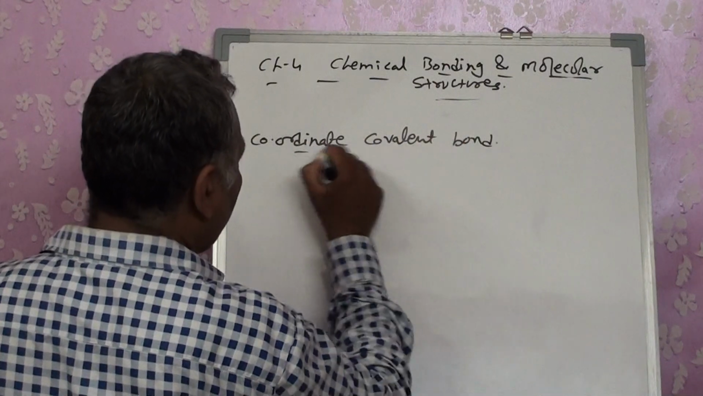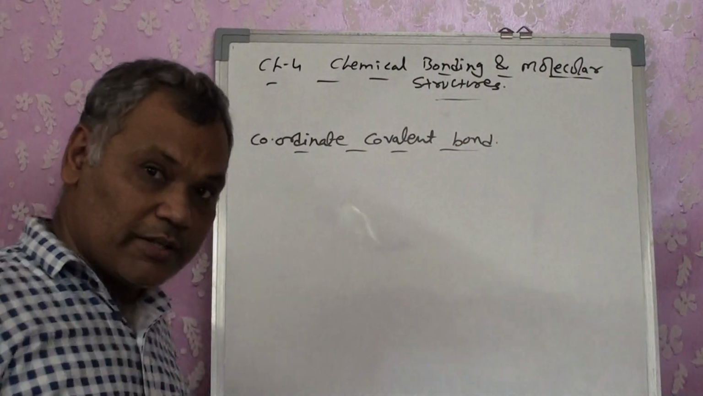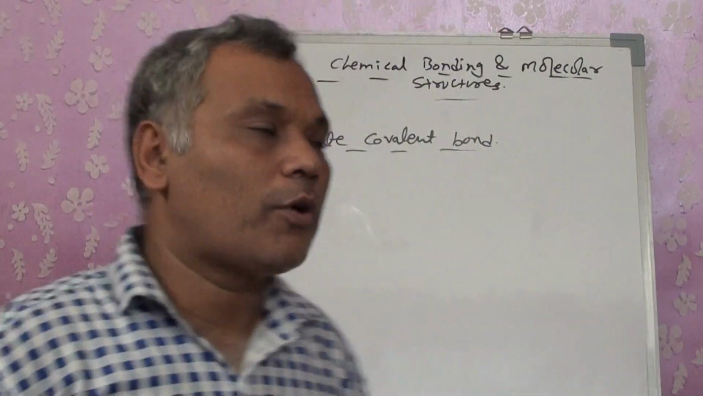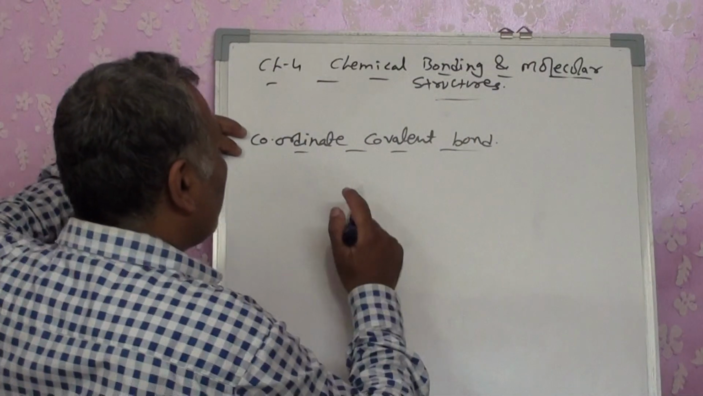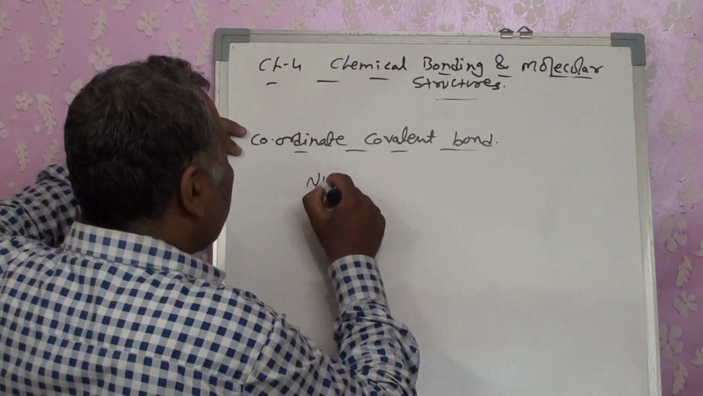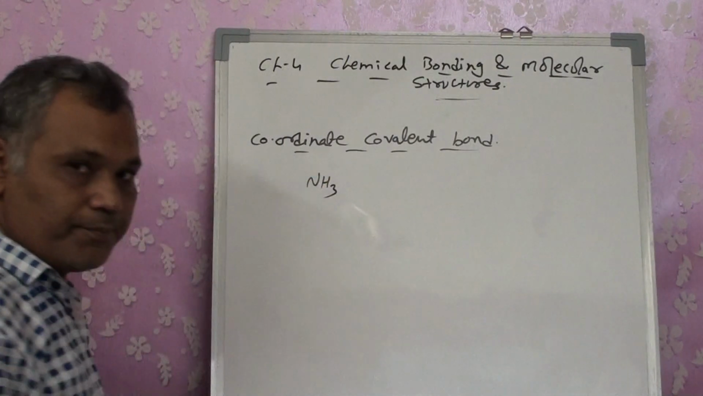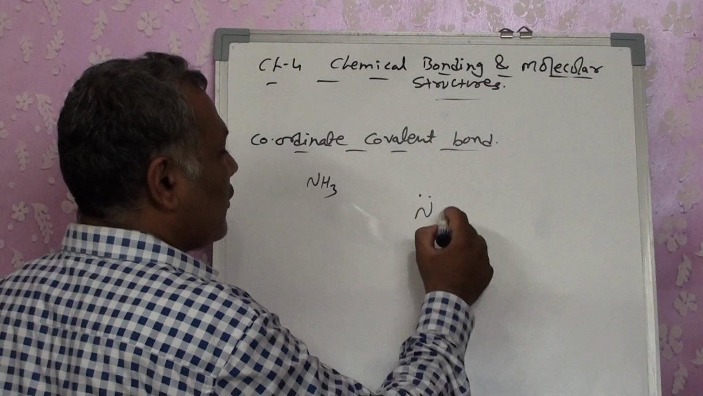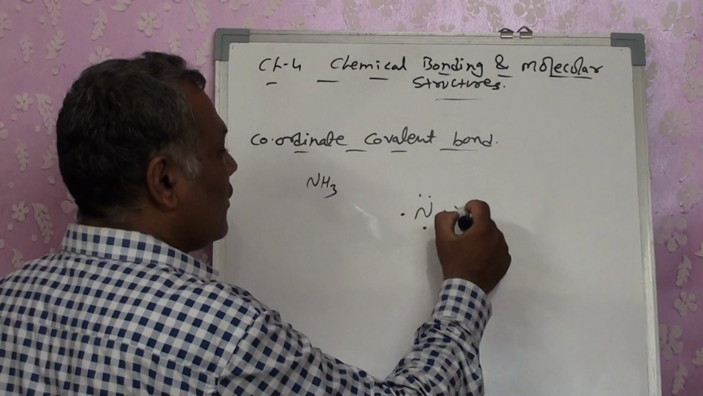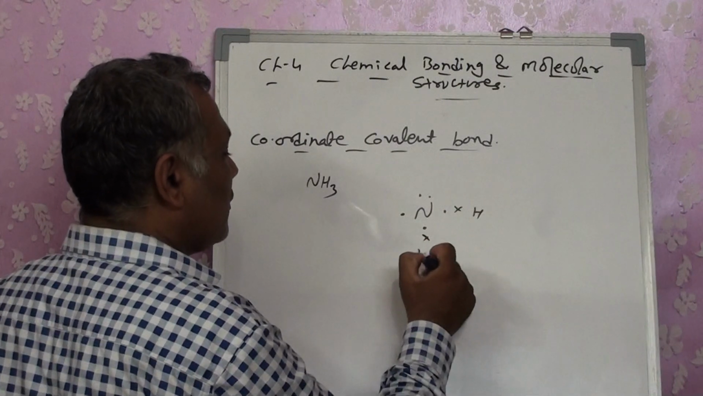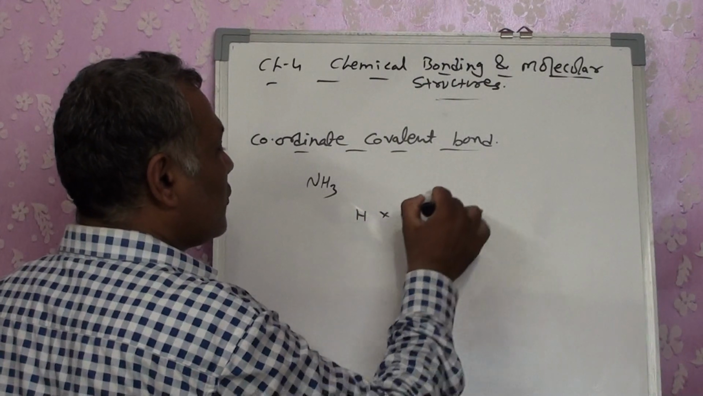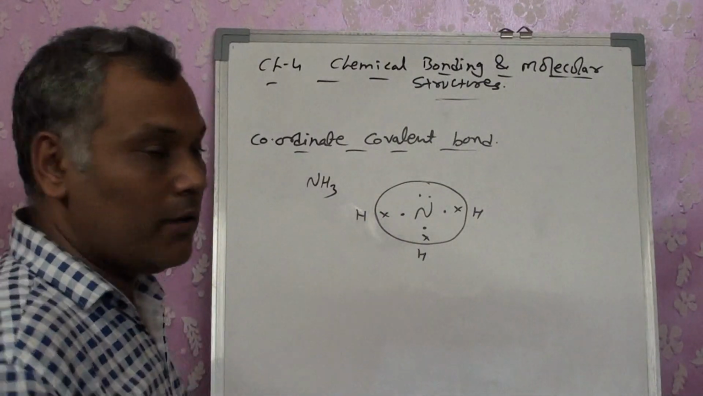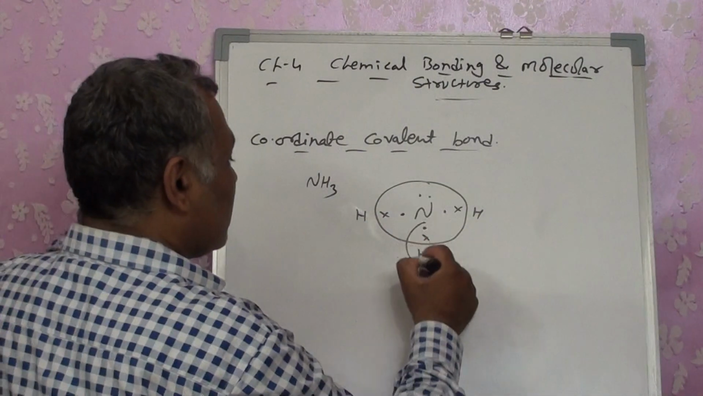It is a third type of bond. This is also necessary to understand, then only we will be able to understand formal charges. Now, coordinate covalent bond means what? I am taking NH3 as an example. Nitrogen has 5 electrons, 3 of them are valence electrons shared with hydrogen. So nitrogen completed its octet, and each hydrogen also got its stability,